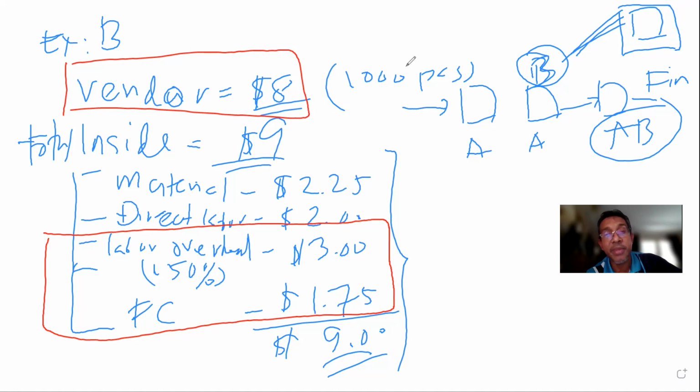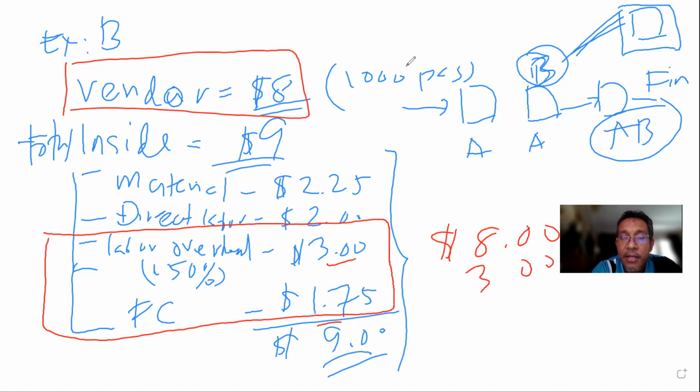Similar to manufacturing, the machine is a fixed cost and the labor overhead is a fixed cost. So from the vendor, $8, you still need to pay $3 and then 1.79 for the fixed cost of the machine. So the total is